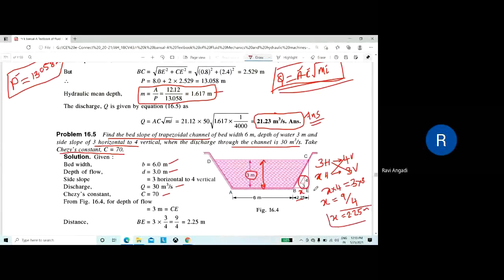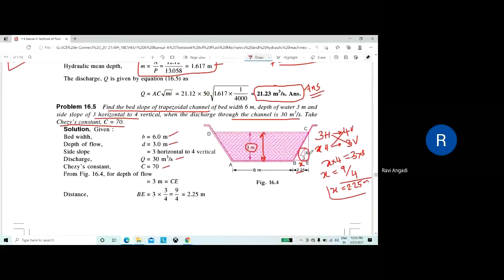See how you have to understand. Whenever the side slope is given, first you have to write what is horizontal and what is vertical. For 3 horizontal, 4 is vertical. This is given for the side slope. Now the same is to be applied for the entire channel section. The base B we don't know, let us call it X. For X horizontal, 3, whatever the depth is given, is the vertical. Then you cross multiply and you will get the X value, that is 2.25. Then you can easily calculate the top width.